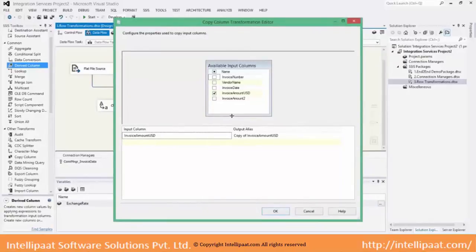And this one we will name it as INR, new column.